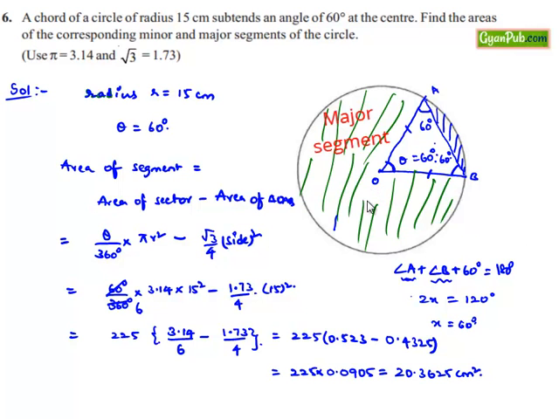Now we need to find the area of the region shaded by the green color here. In order to find the area of the region shaded by green color, if we are able to find the angle subtended by the major arc AB at the center, we can find the area easily. Let it be theta dash, which will be equal to, in the circle at the center, 360 degrees minus theta, that is 360 degrees minus 60 degrees, which is equal to 300 degrees.